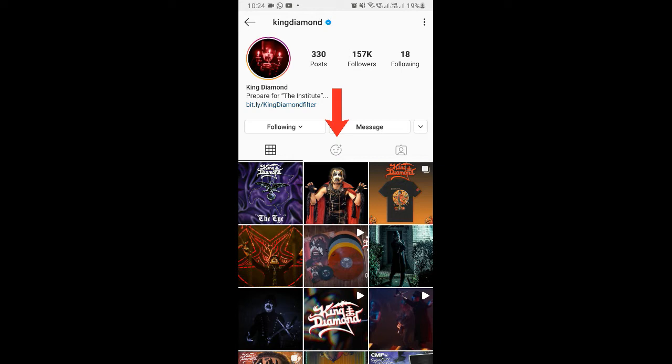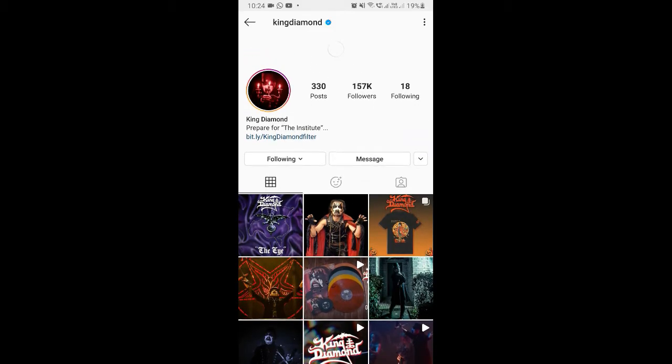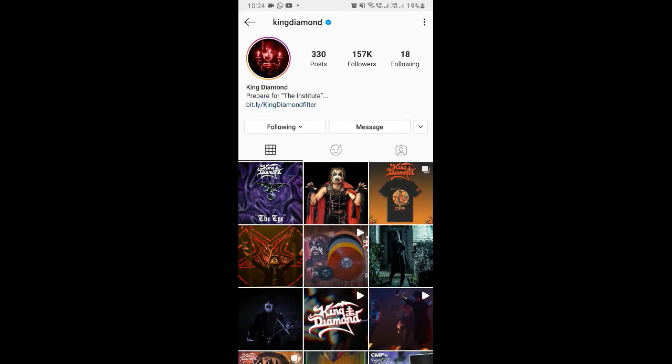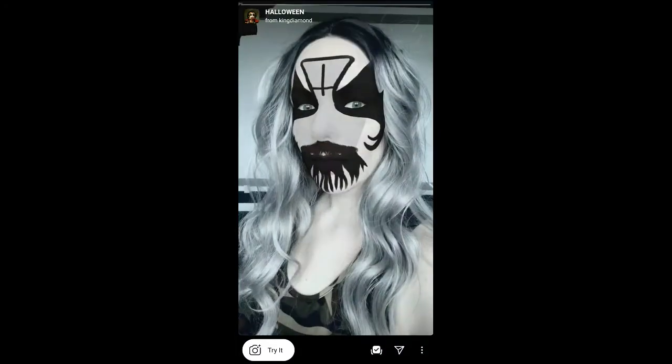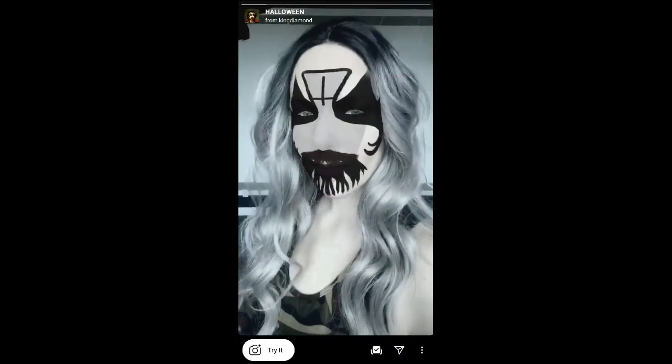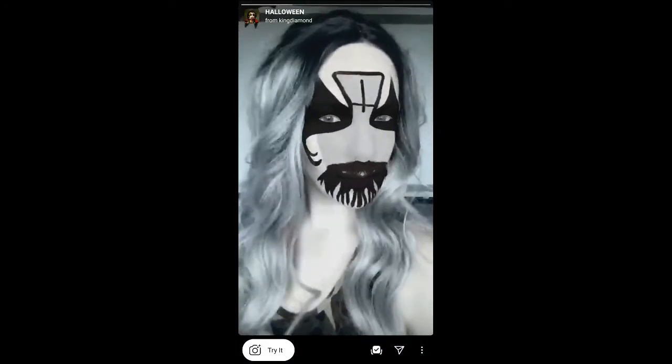If you can't see this effect gallery or this smiley button, you can refresh the page by dragging the page down like this, and you should see this effect gallery. Now go to the effect gallery and you will see this filter Halloween. Tap on it and you will see this preview. From here you can save it to your Instagram camera tray and you can tap on try to try the